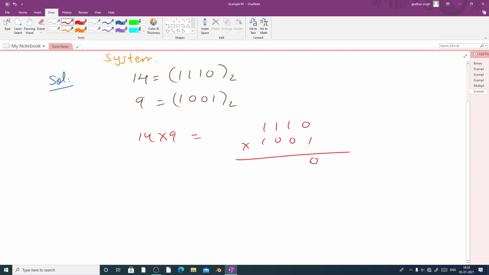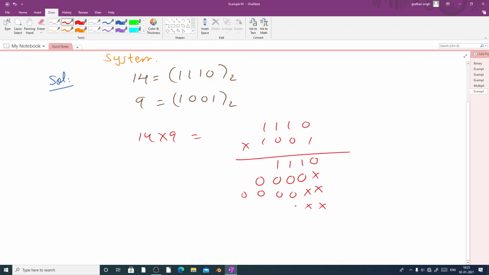1 into 0 we know is 0, 1 into 1 is 1, 1 into 1 is 1, 1 into 1 is 1. So the first row is complete. Next one will take 0. So 0 will multiply with all the digits of the upper number. So 0 into, here put cross, then 0, like we do multiplication, same way you have to multiply. 0 into 0 is 0, 0 into 1 is 0, 0 into 1 is 0, and 0 into 1 is 0. Now in the third row we'll put first 2 crosses and then we'll start doing the multiplication. 0 into 0, because we are multiplying with 0, all the digits here will be 0.